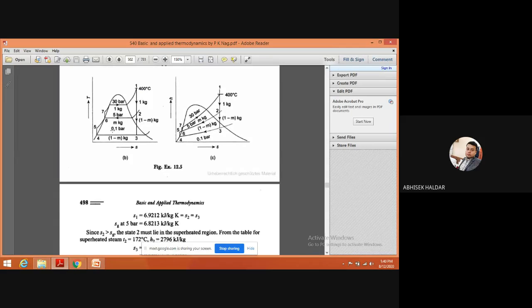5 to 6, sir. 5 to 6, right? Yes, sir. 5 to 6 is the internal heat addition. That means I'm taking this heat from this hot steam and feeding this to water. But external heat addition is from 7 to 1, or not? Yes, sir. So mean temperature of heat addition will just depend on H7 to H1. So (H1 minus H7) divided by (S1 minus S7) will give me the temperature, or not?